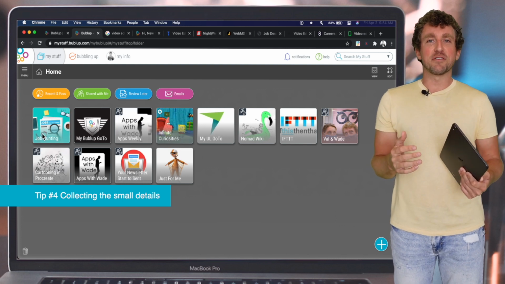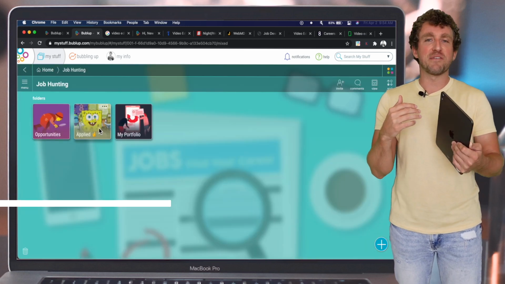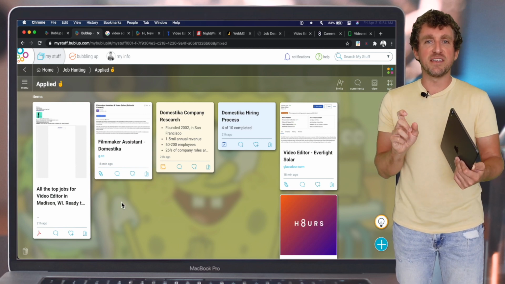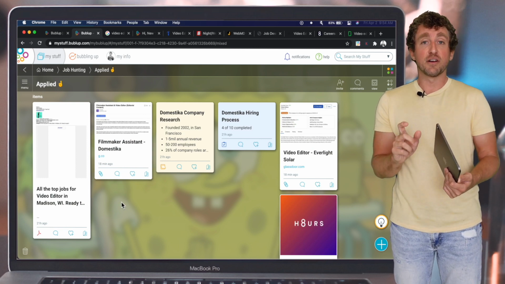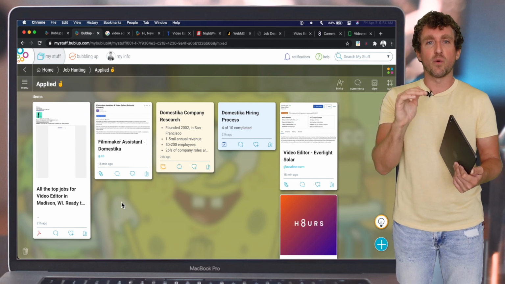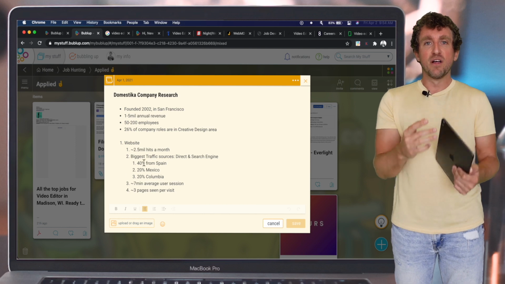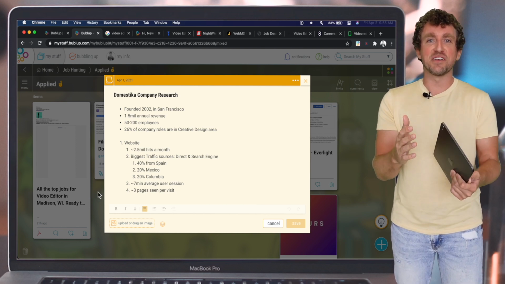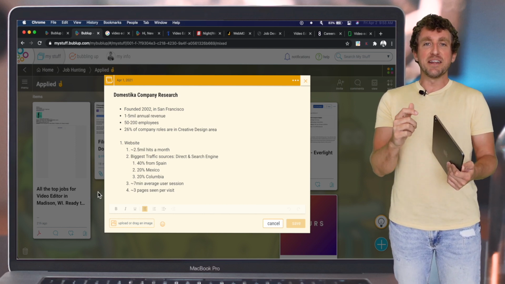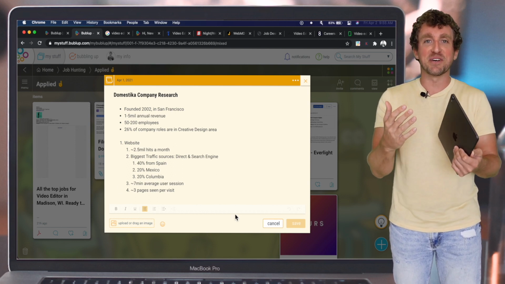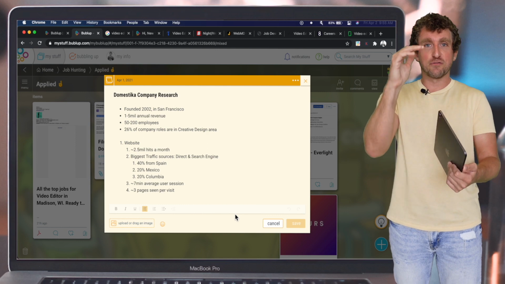Now, while you're in your job search and you're going through the hiring process, you start investigating companies, jobs, right? And you start getting little tidbits of details that you'd like to store. Sure, you can save the link in there and then figure out where that detail is you wanted to store, or you could simply add a note in BubbleUp. So inside of Applied, where you see this job right here, I've added a note. In here is where I'm going to start saving company information so that when I'm talking to them, I know about the company I'm talking about, right? I'll store them in a note.